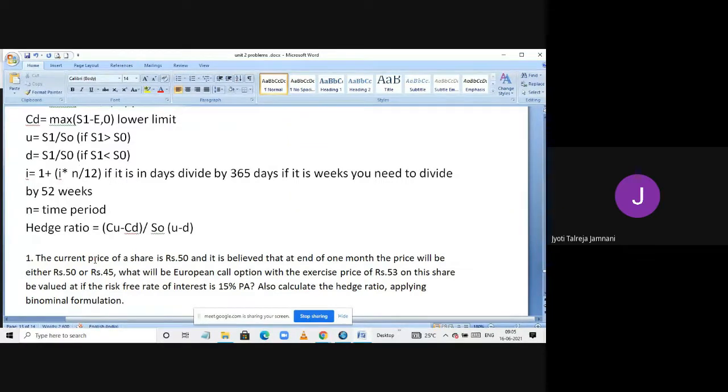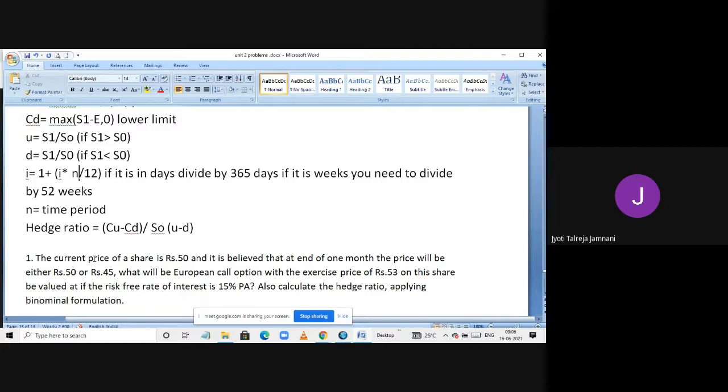Remember, we did the last part of the sums on hedging, and it said what should be the number of contracts if a person wants to hedge his portfolio, for March futures and all those. Similarly here in options also you can find the hedge ratio. Here you will not get the number of contracts, but the percentage of your portfolio. If your portfolio is 10 lakh and the hedge ratio is 20, that means 20% of your portfolio you can hedge. If the hedge ratio is 80, that means 80% of your portfolio you can hedge.